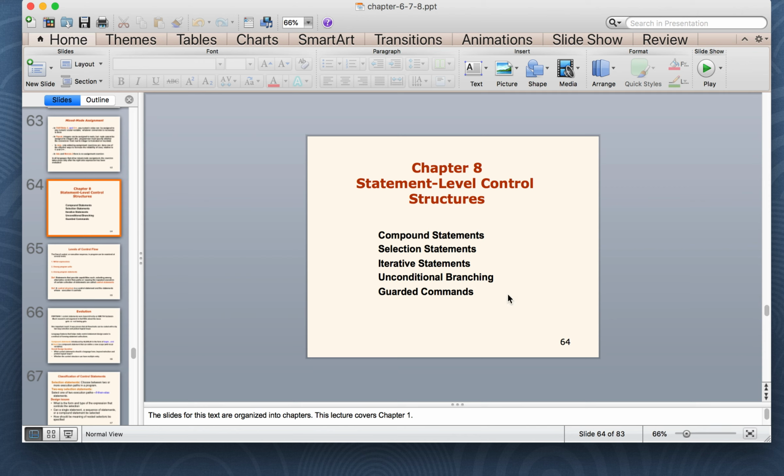But yeah, don't worry about guarded commands. Those are not part of the testable material. So that concludes my lecture on chapter 8. Pretty lightweight. Go ahead and read through the chapter, but stop at guarded commands. And stay tuned, I will give you another video on the reading that you should do for the final exam.